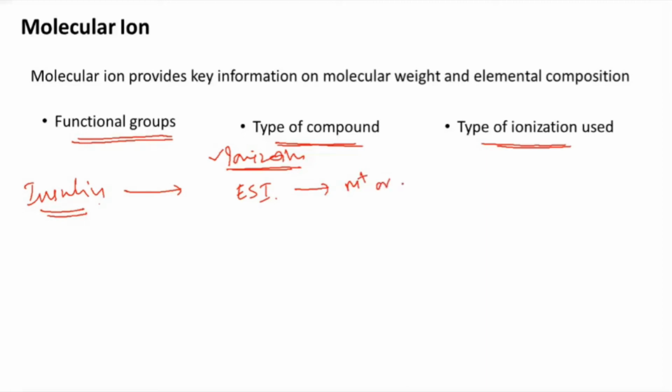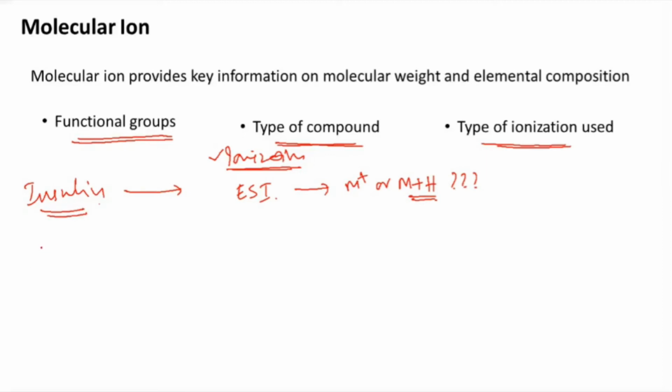So will you get the molecular ion? Yes, sir. Which one will you get, M plus or M plus H? M plus. Because you are supposed to get a quasi-ion, a quasi-molecular ion, okay, not the molecular ion.